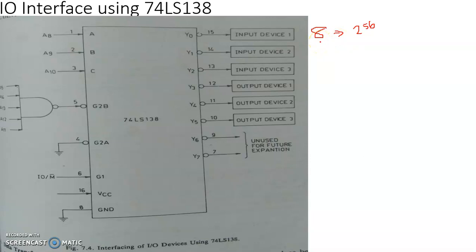However, there is an issue of sending these addresses, because the address bus of 8085 is 16-bit. So what is often done is that the same 8-bit address will be copied onto the least significant 8 bits of the address bus as well as the most significant 8 bits of the address bus.